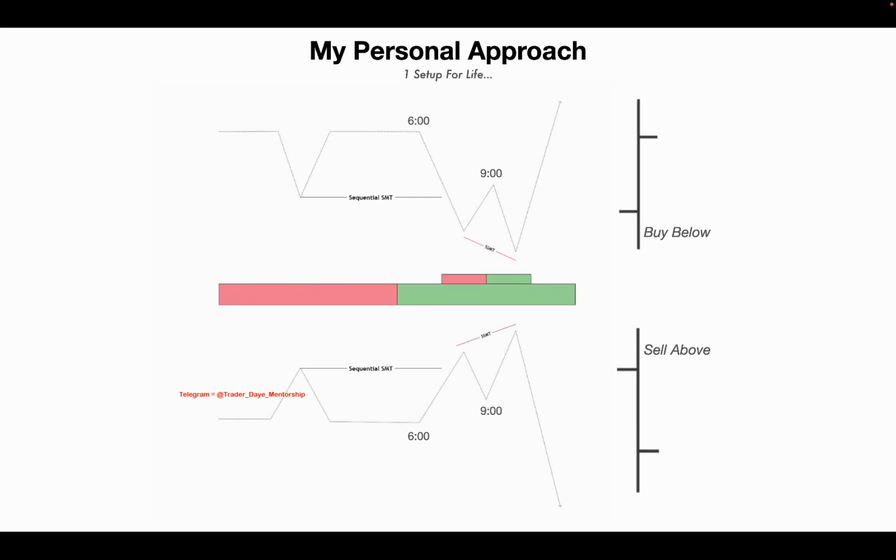So, utilizing the 4-hour TPD combined with the 1-hour TPD, it gives you a nice little model that rarely fails if you use it correctly. So utilizing the 6 o'clock opening price and the 9 o'clock opening price, you can find very high probability setups with a 2-stage SMT. So for the daily cycle sequential SMT,